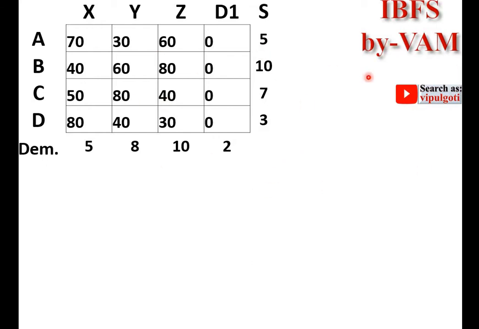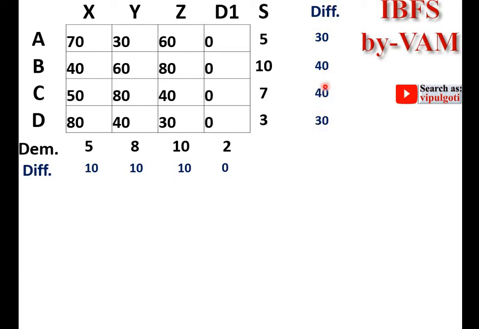If you want to learn specifically the Vogel approximation method, then you can refer to my earlier video on the Vogel approximation method. First you have to find the difference, that is called the penalty. So I am going to find the difference for each row, that is the difference of the lowest and second lowest value. So here it is 30. Next, here the lowest is 0 and the next lowest is 40, so the difference is 40. In a similar way you can find the difference for each row and each column. Now select the greatest penalty.